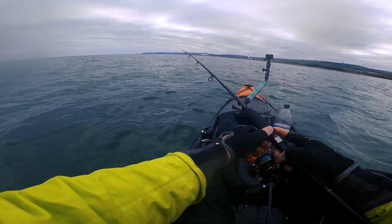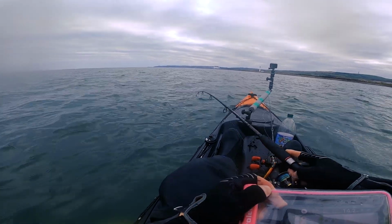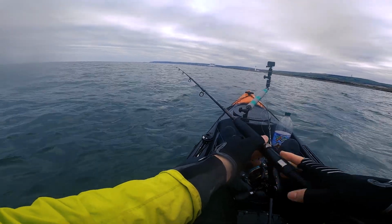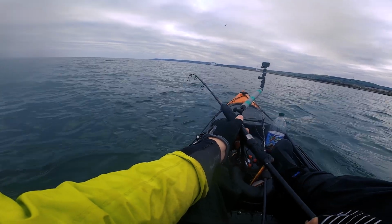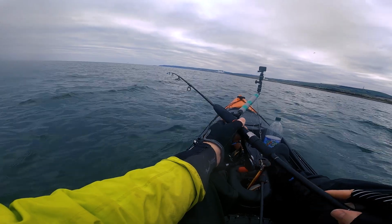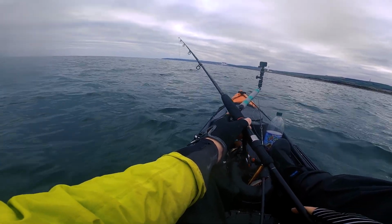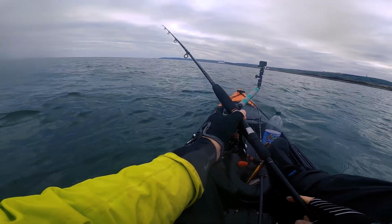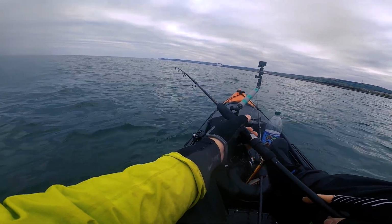But that means one of 2 things. One, it means more morning paddles before work as the light gets better. And the other thing that means is I'll probably unload my kayak more often. I'm not very good at unloading my kayak off the roof if I'm using it day to day. So this one's still got scales in it from 2 weeks ago. So I can get it off and I can hose it out and stuff. You should always hose off your gear. And I'm just bad for not taking the kayak off. Sometimes I'll hose it while it's on the roof, but